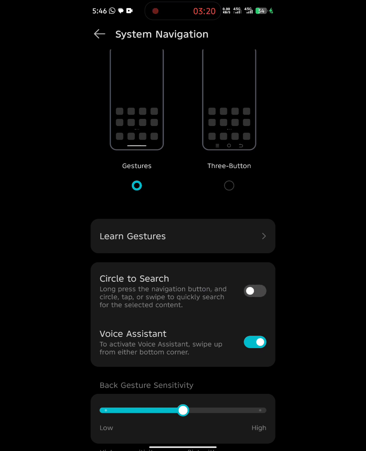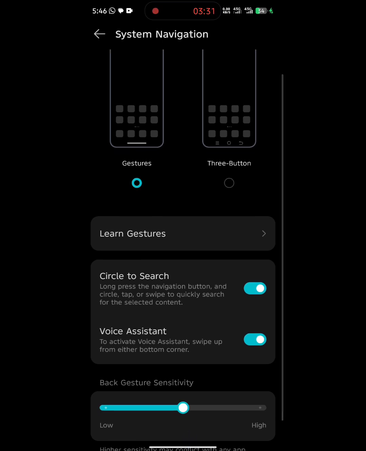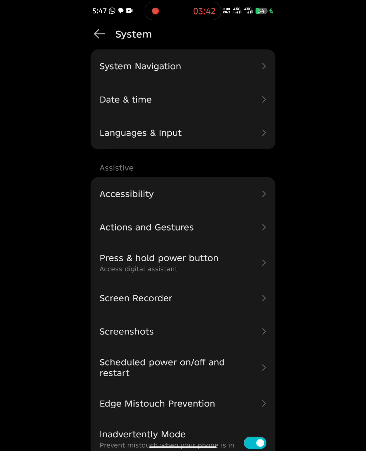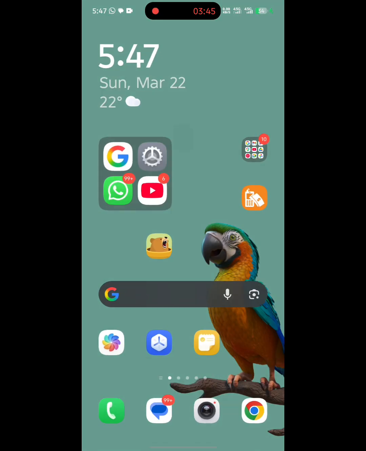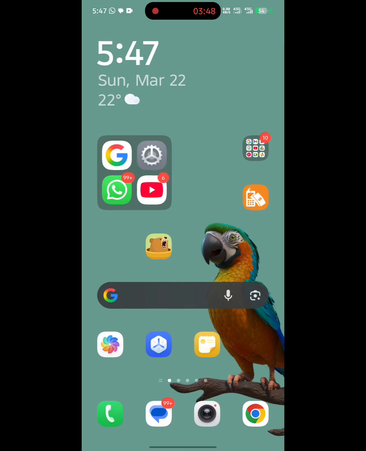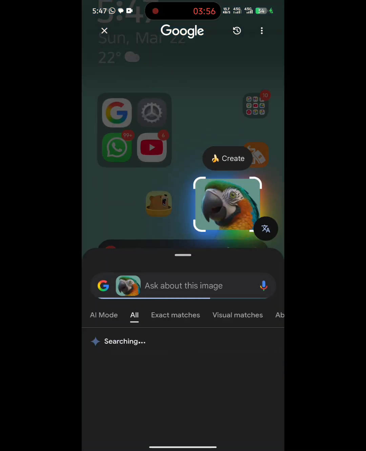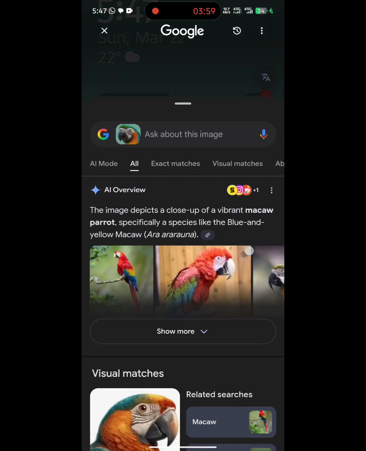So if you find it like this, you just turn it on, and it already tells you how to use this feature. You have to long press the navigation button, this button down here, and then you circle, tap or swipe to quickly search for the selected content. So you just do that to search for anything that appears on your screen. For example, let's say I want to know the name of this bird that is here on my screen. So I just tap here and then circle around it, and then it tells you what animal this is. You see,